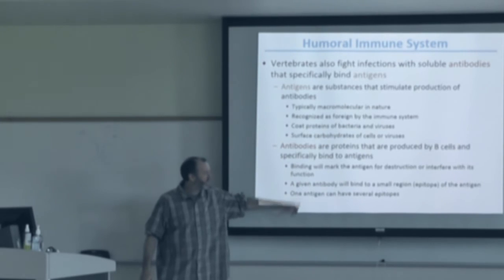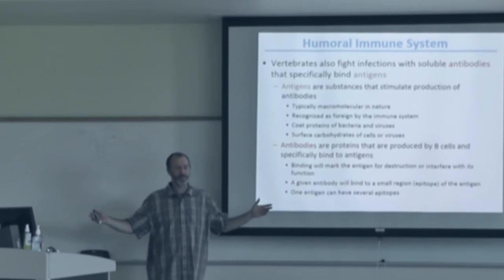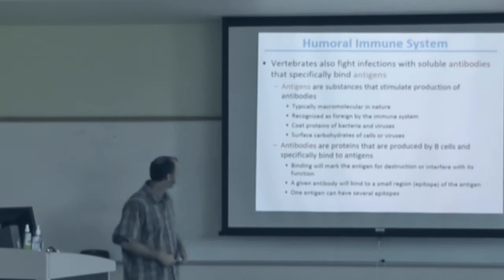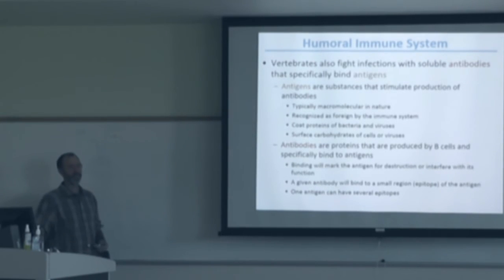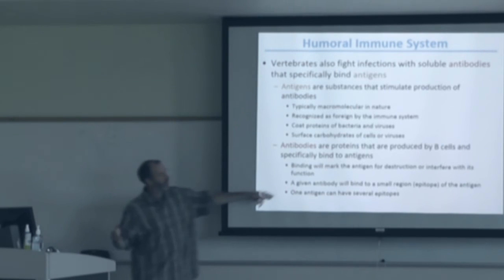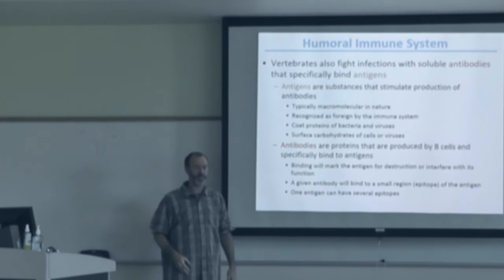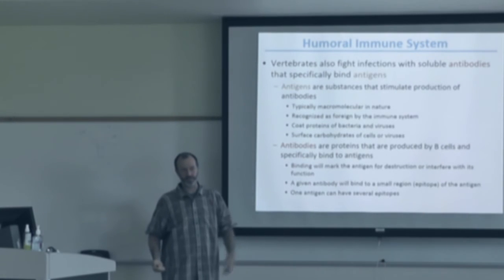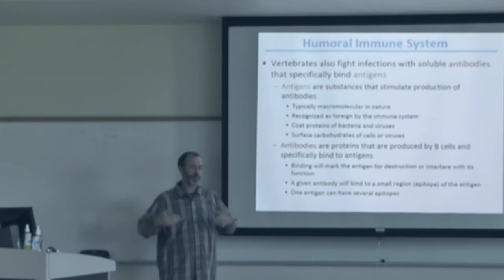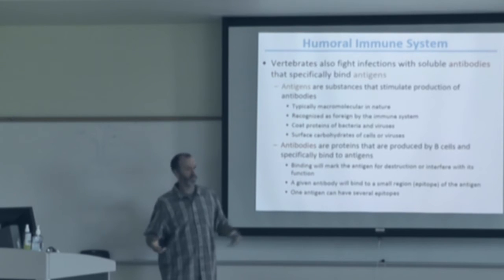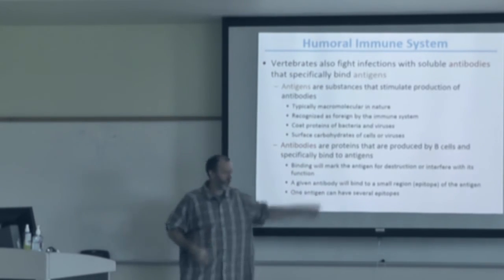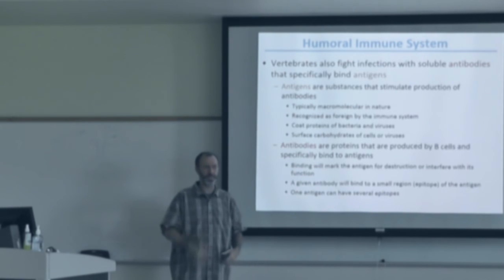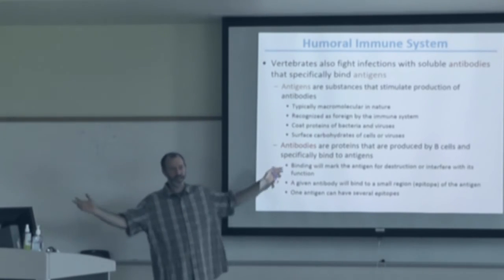So one antigen can have multiple epitopes. You can have a virus coat that is a protein, and there could be multiple sites on that protein that can generate an epitope that different antibodies will recognize. So polyclonals, where you just immunize an organism, generate an immune response against that antigen, and there are many different cells producing antibodies to multiple epitopes, and that's why it's polyclonal. Many different cells, and you can coat that antigen with